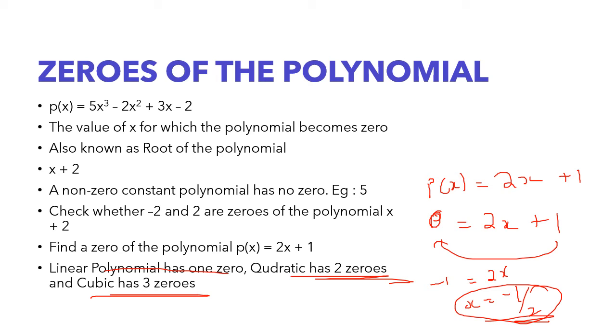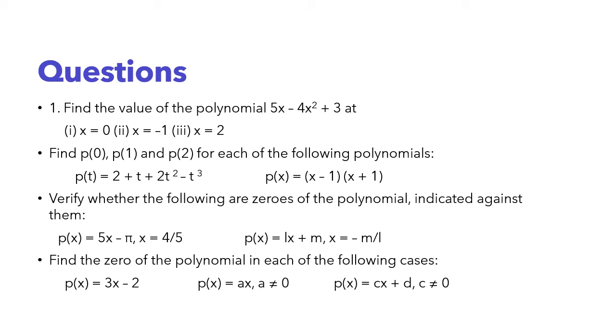All right. So let's move to the next part where we would be doing some of the questions from exercise 2.2. So let's start with doing some of the questions and answers which are given over here. First one, find the value of the polynomial 5x minus 4x square plus 3 at x is equal to 0, x is equal to minus 1 and x is equal to 2. Very easy question. You just have to substitute the values over there in the polynomial and you have to find it. However, I'll be doing only one question. The rest of the things do by yourself and do comment the answers over there in the comment section and I'll be replying to each and every single one of them.